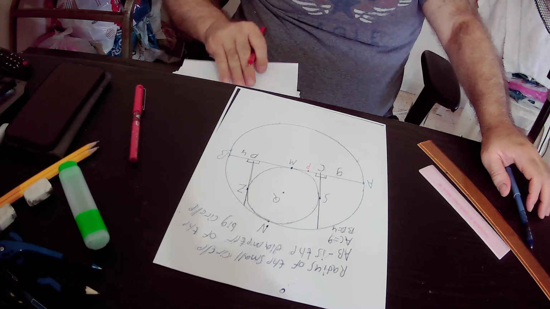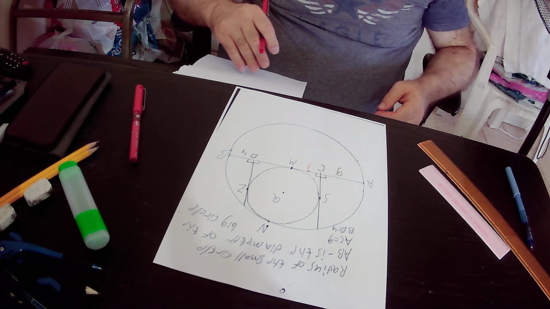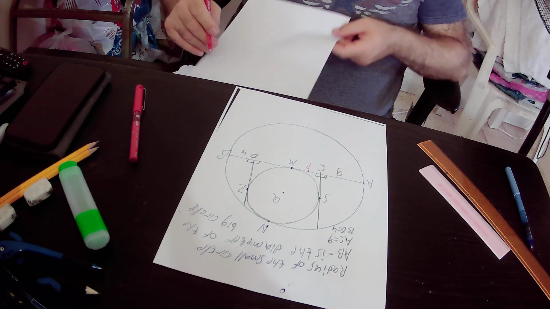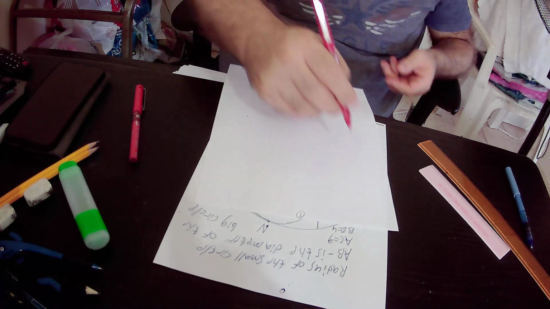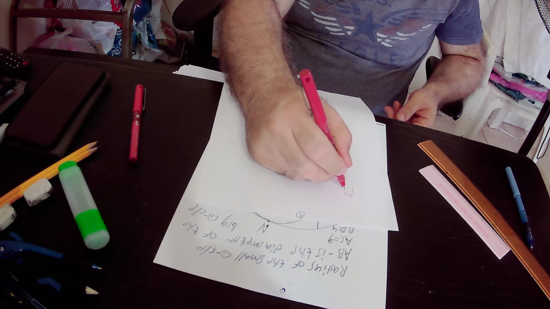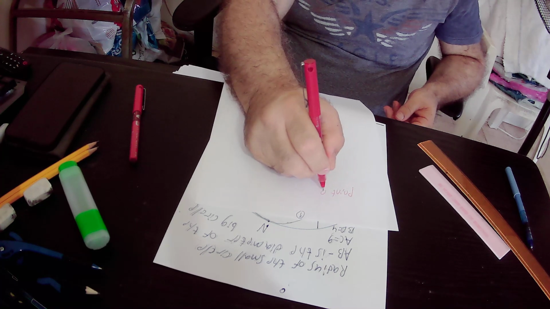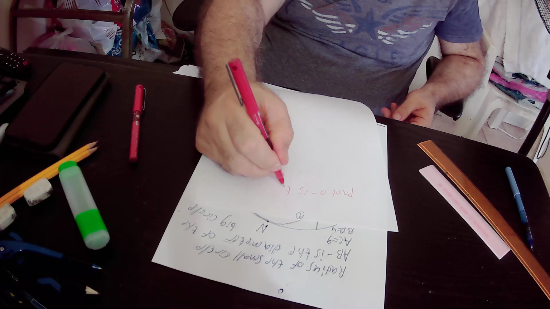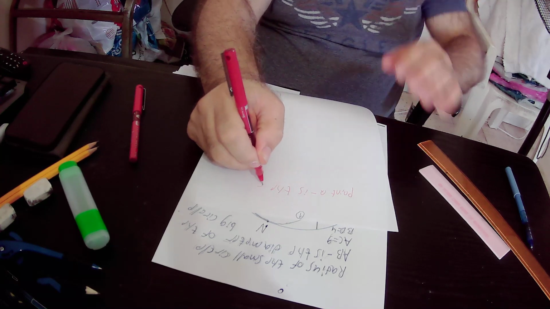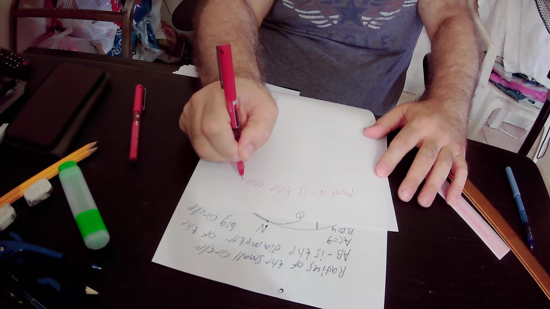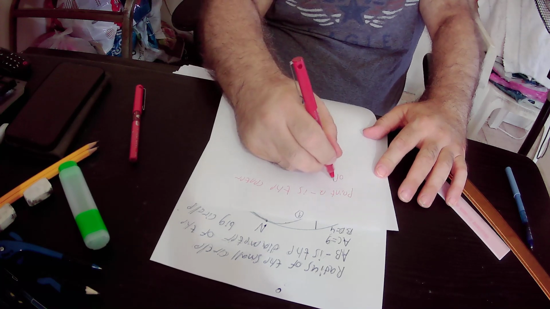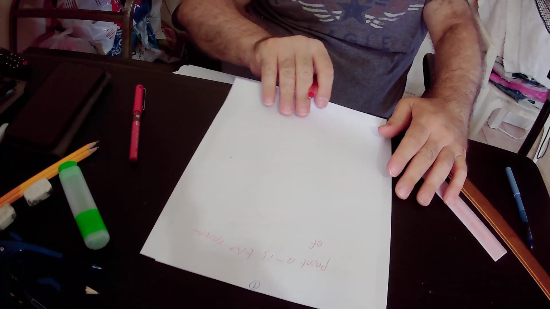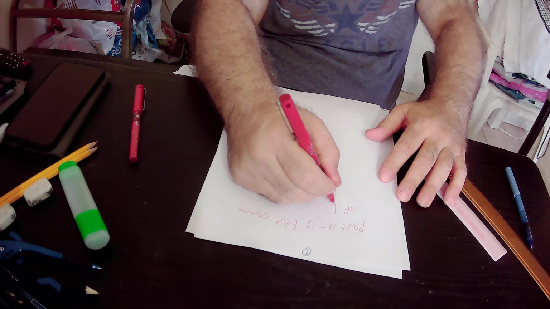I will write it down. Point Q is the center of the small circle,